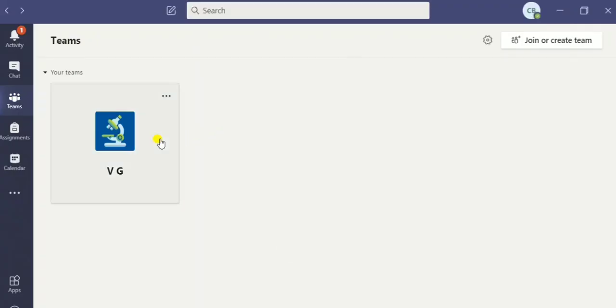We will start the app. This is an ID of one student of class 5G. See, you all are well aware of this screen by now. You all know the options you have given aside: this class team, activity, chat, teams, assignment, calendar, etc. Activity is the overall detail of your class activities. Chat is the chat you have had with your classmates or your teacher during the meeting or after that also. Team is your class, which is presented here like this. Assignments. So we are talking about assignments today.